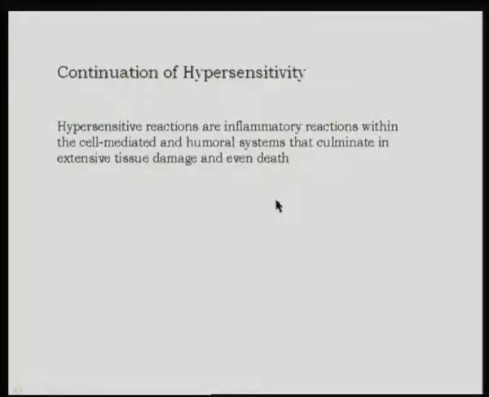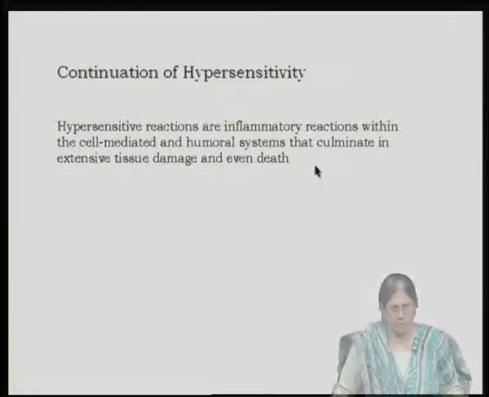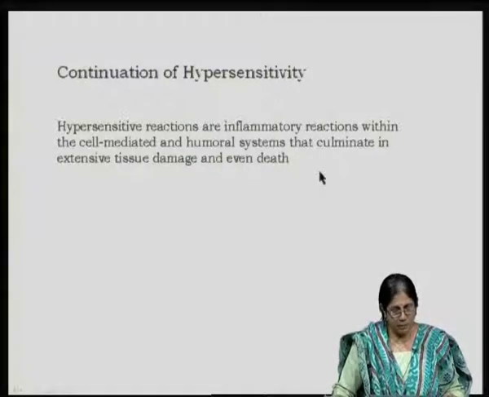So, today I am going to start on hypersensitivity once again. In fact, this is the continuation of the earlier class. Just to recapitulate your memory, hypersensitive reactions are inflammatory reactions within the cell mediated and humoral systems that culminate in extensive tissue damage and even